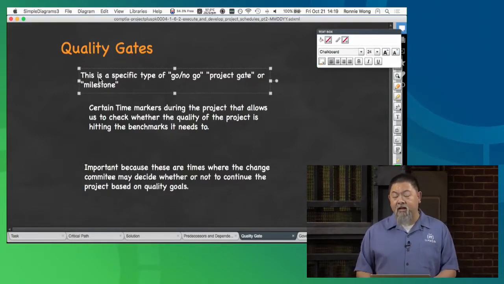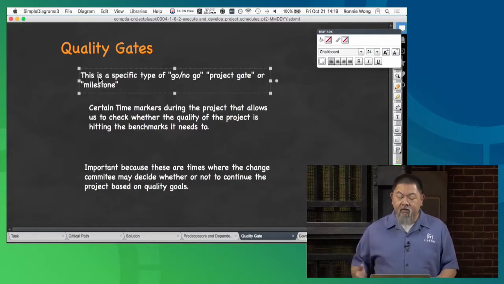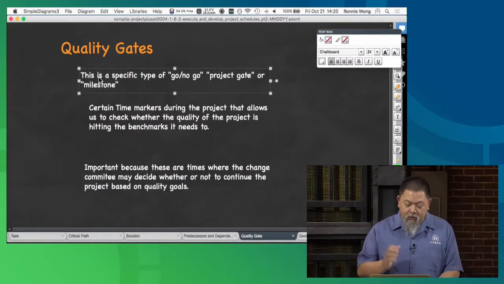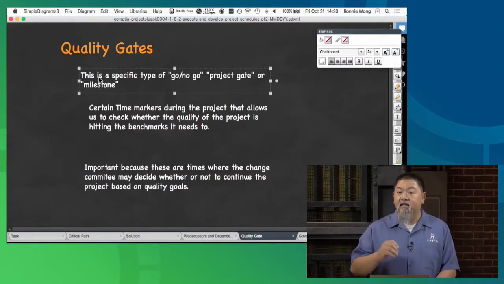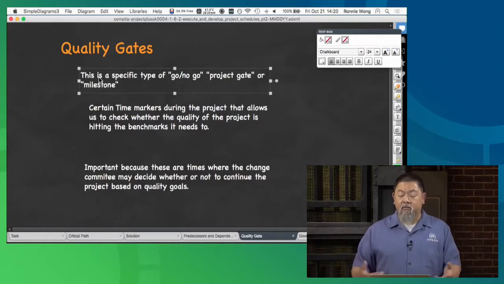You might hear the term project gate, milestone, whatever it might be, that's pretty much the idea here. Now, in your project, there can be many of them, or there might just be a few of them. With quality types of gates, what we're actually saying is that we establish certain times within our project where we check the quality of the work, and if the work continues to meet that benchmark, that is when a decision is made by someone, whether it's the project manager, project team,